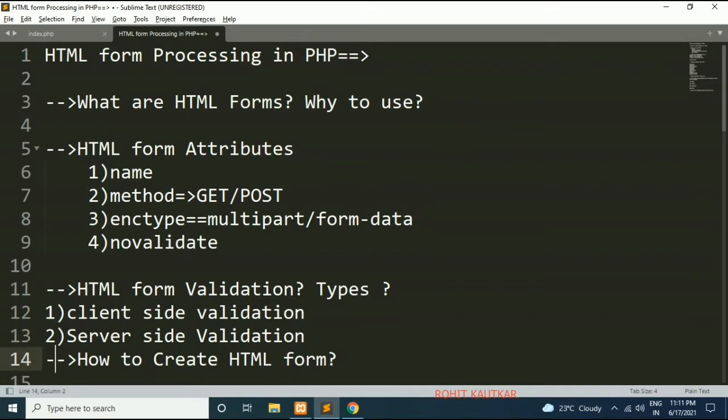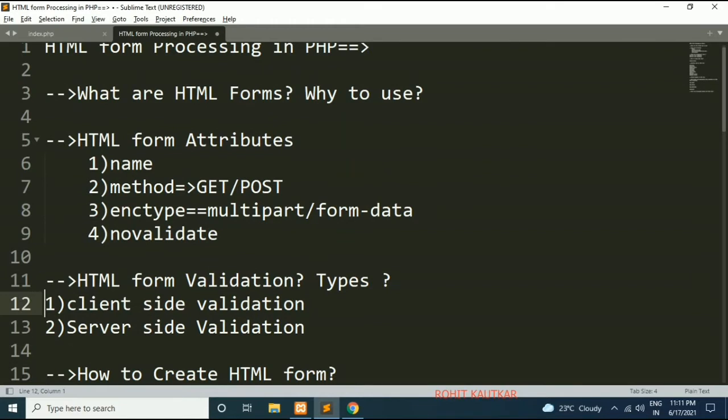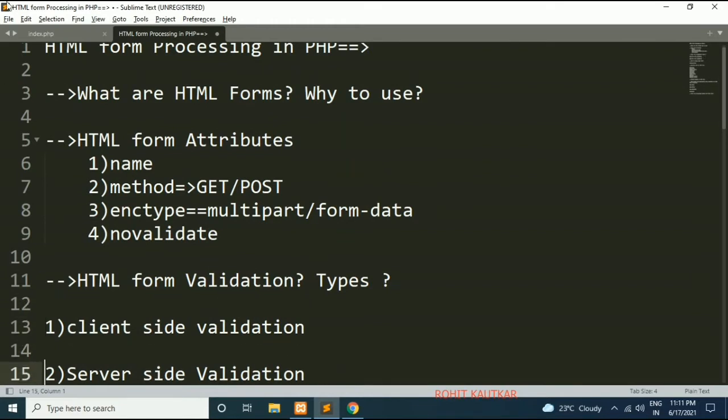From their names themselves you can understand what client-side and server-side mean. Client-side validation occurs within your browser itself before the data has been submitted to the server. That's why it is called client-side validation. Here your client is your browser. So this validation is performed within your browser itself, within your client itself. That's why it is called client-side validation.